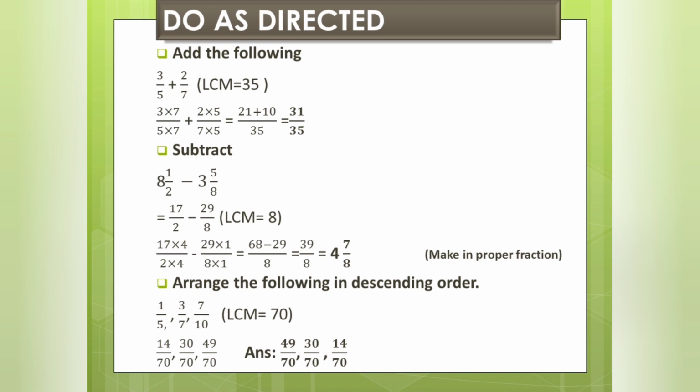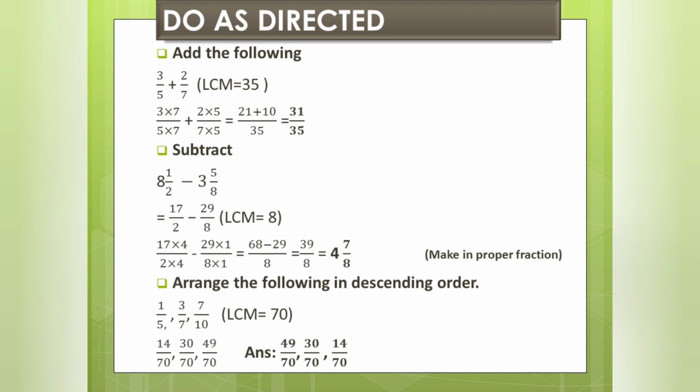Here also see that the denominators are different. So we have to find the LCM of denominators 2 and 8. Then we'll get the answer 8. Then next we take the first fraction, 17 upon 2. See how many 2s are 8. Then we'll get the answer, 2 4s are 8. The same way we have to multiply 17 by 4. Then next take 29 upon 8. Then we'll see how many 8s are 8. 8 1s are 8. So we have to multiply 29 by 1.